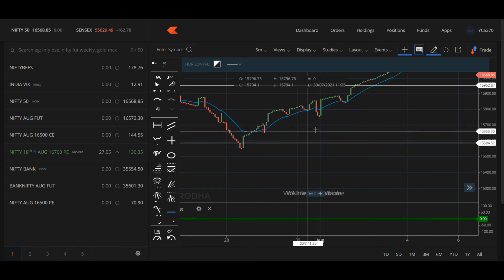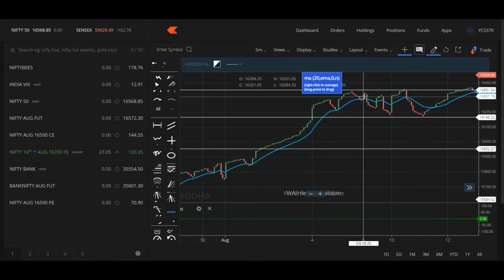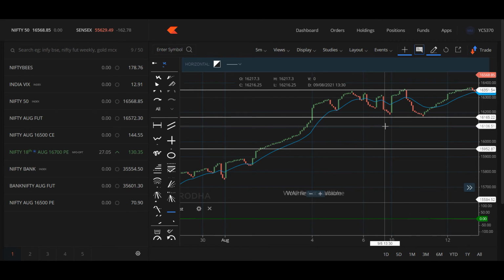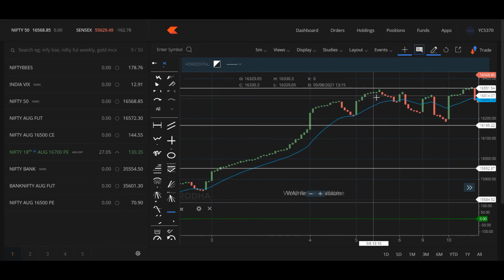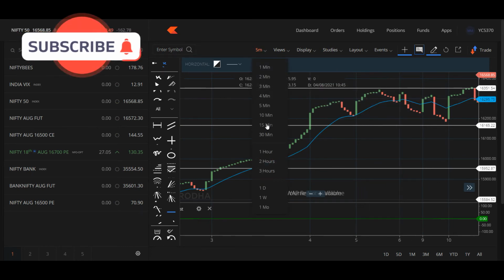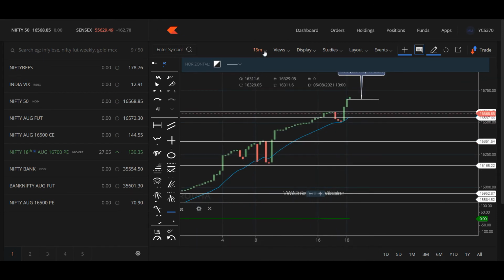Intraday it works fantastic. I have been using it for quite a long time for certain analysis for support resistance and other things. On intraday also I'm using it to some extent. And when we are trailing it in swing trades and other things also, you can use it for your requirement. So you just have to set your time setting, and you have to trade with that, right? So look at this put. If you look at it, this has been going up, right? So if you would have one